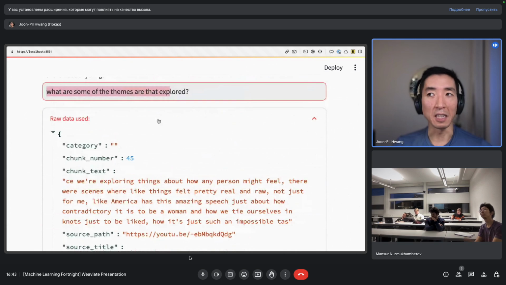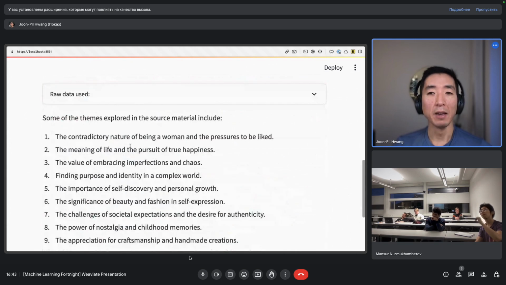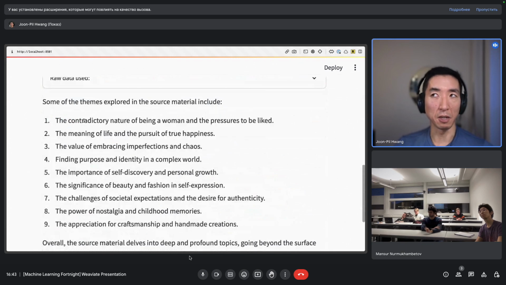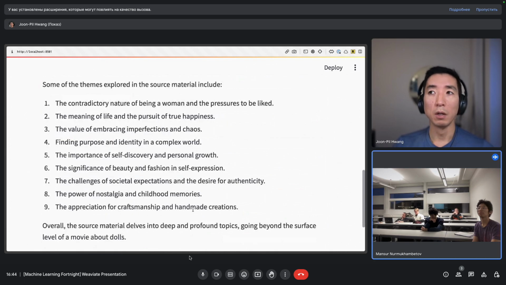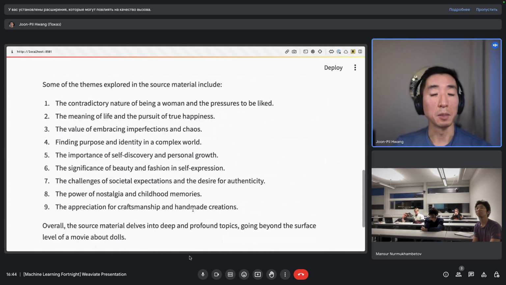But then you're not just getting these bits of text back. What's actually happening is I'm using the language model. This is GPT 3.5 under the hood, and it says, oh, actually, some of the themes explored in the source material include all of these parts. So even though the language model wasn't trained on any information or has any idea really what was in this interview with Margot Robbie, that was June or something like that this year, right? We're able to feed it the right information, and we're able to explore and synthesize the data that comes back from the database.